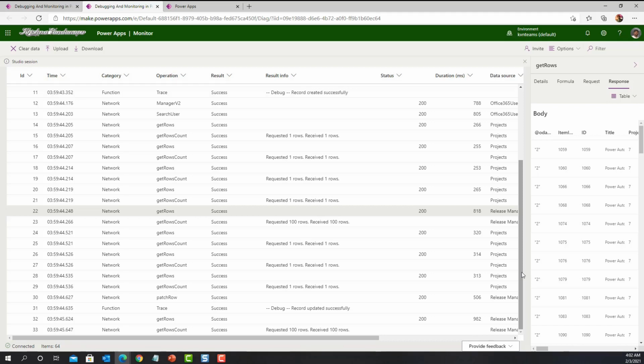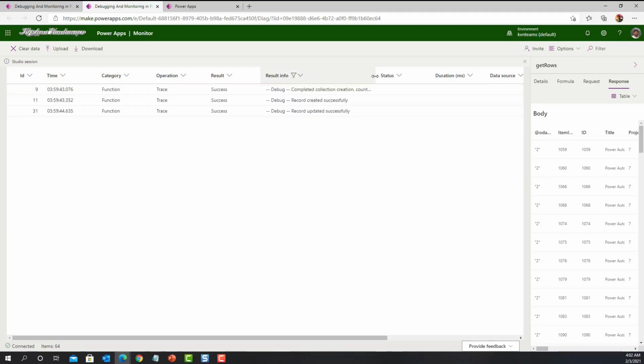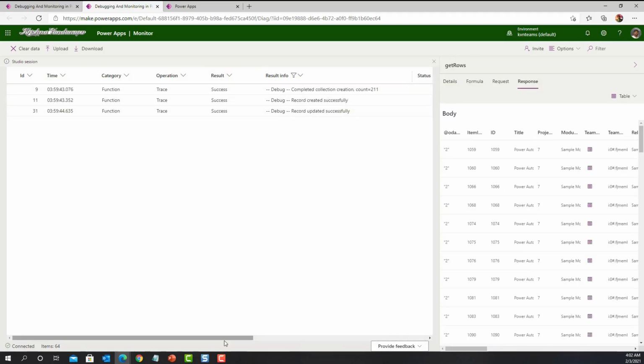So what, we can see the data immediately. So how do I filter out only my actions? Click on the drop down and say filter by, say contains, debug, apply. Now I can see only my custom monitor events. This is how I can debug my code at the time of non-published app.